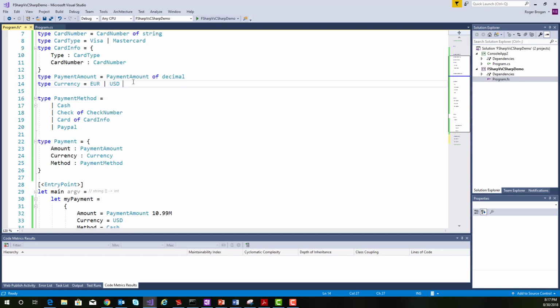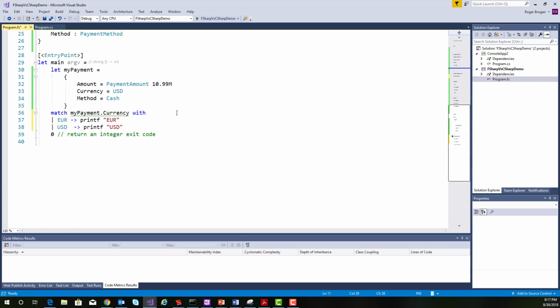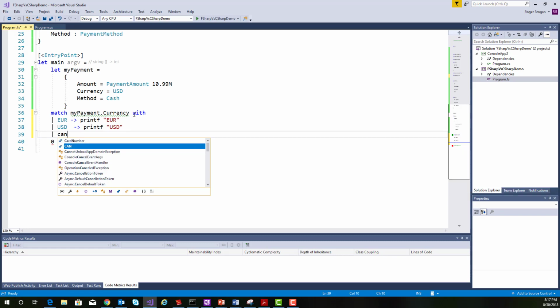If I go up here and I decide that now we're going to also take Canadian dollars, for example, when I add that to the type, anywhere I use that type and I match against that type, it's going to tell me here explicitly, hey, this is missing the value CAN, right? This is not covered by the pattern. So we would need to cover that. And that's something that I think's really pretty fantastic,